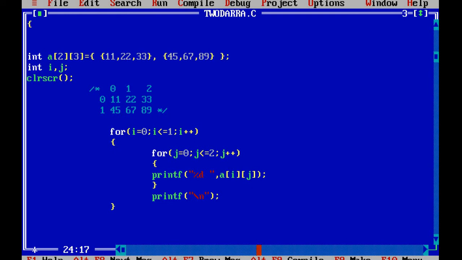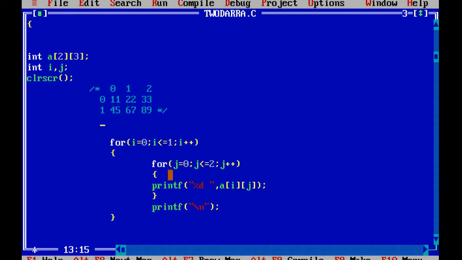Now next thing is, here I have directly initialized these values, but suppose I want to take these values from the user. There also you have to write two more for loops. Like how we print the values, in the same way you are able to read the values from the user. Here also I will say i is equal to 0 because the row starts from 0 and it will end at 1.